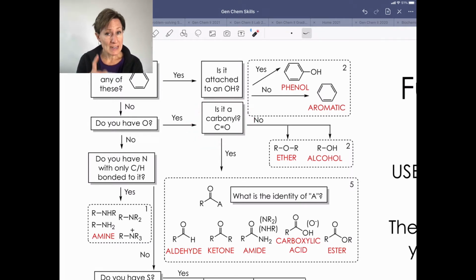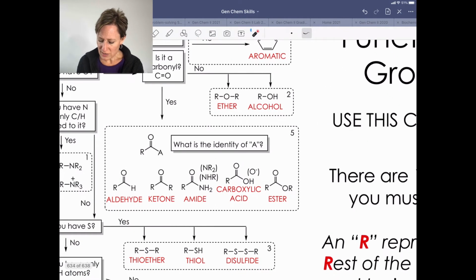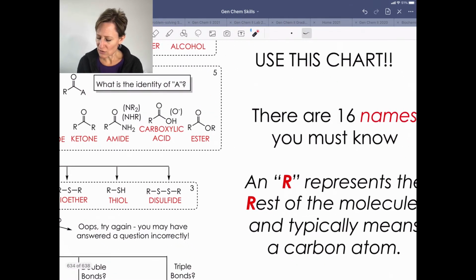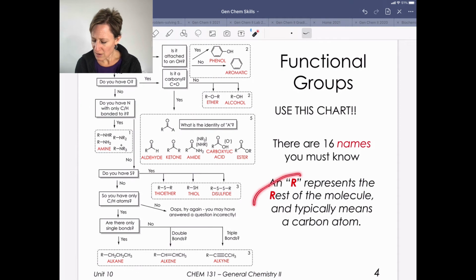Now note, carbonyl is not a functional group. A carbonyl group is actually part of about 5 different functional groups. So notice, if you have this, you need to say, well, what's next door? You're largely going to have a carbon atom. And I should highlight, if you see all of these R's here, R's just represent the rest of the molecule,